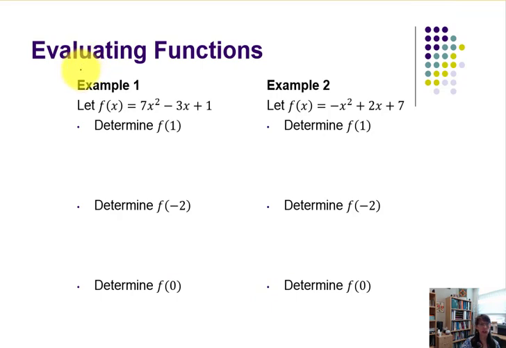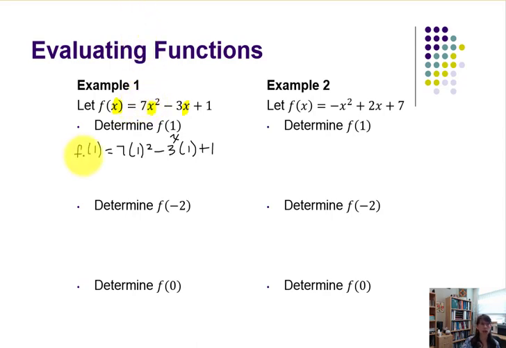When we evaluate functions, we're going to look at function notation, such as example 1. Let f of x equal 7x squared minus 3x plus 1. In order to determine f of 1, that means we're going to substitute 1 for the x value back in the function. So it would look like f of 1 equals 7 times the quantity of 1 squared minus 3 times 1 plus 1. So anywhere I saw that variable of x in the function, I'm substituting the given value,